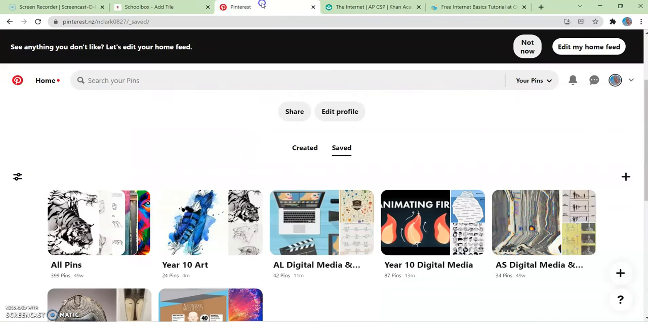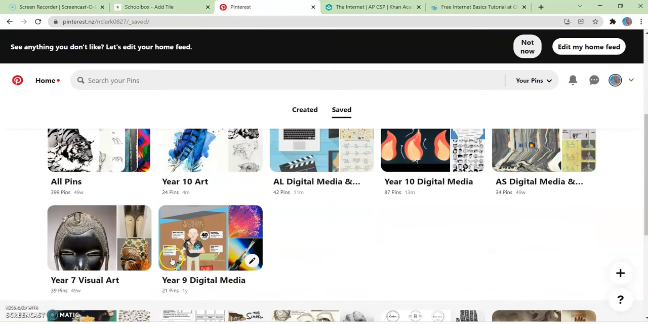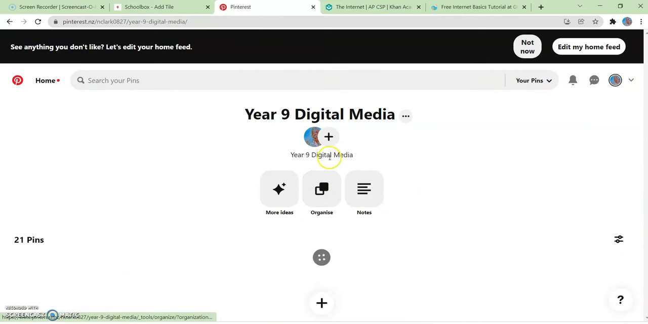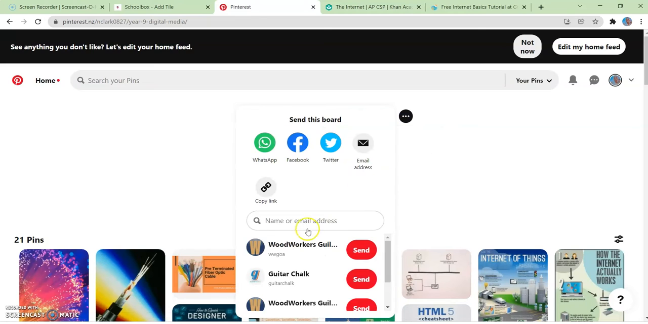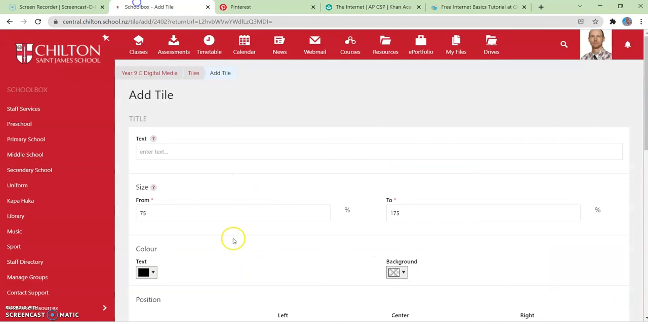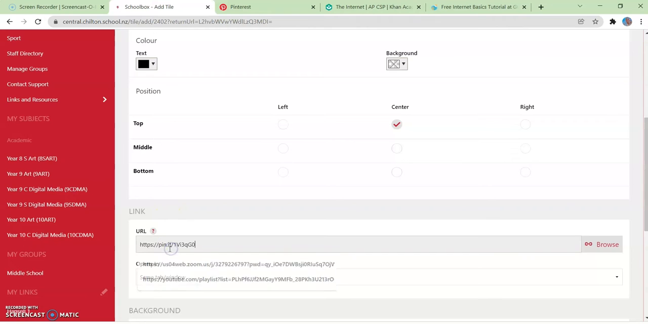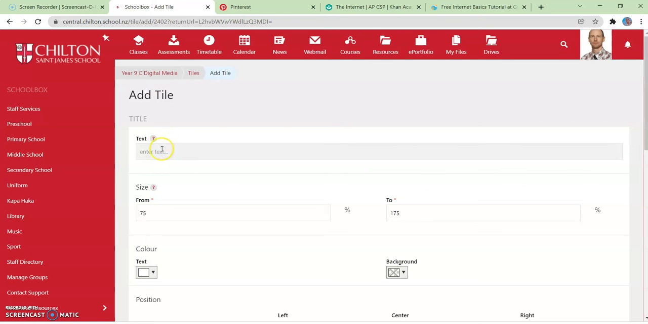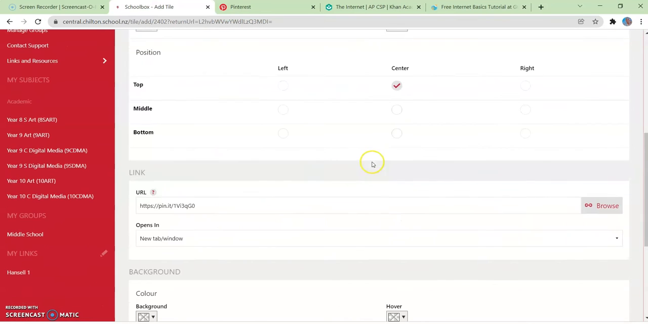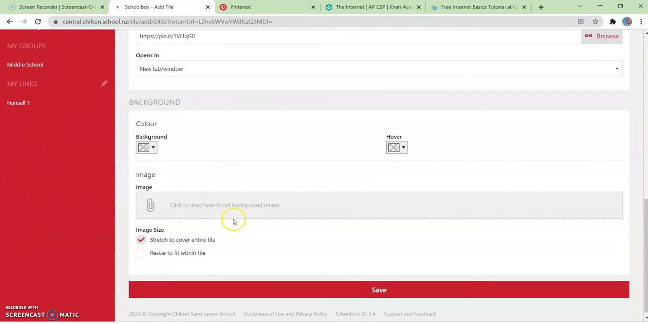I'm going to do another one now, which is going to be the Pinterest. So I've got, wait, what are we doing? Year 9. So year 9 digital media. And I think I can do like that. There we go. Copy the link. And that's my newer URL for there. White text. That probably is not going to be that useful for some people, but you know,